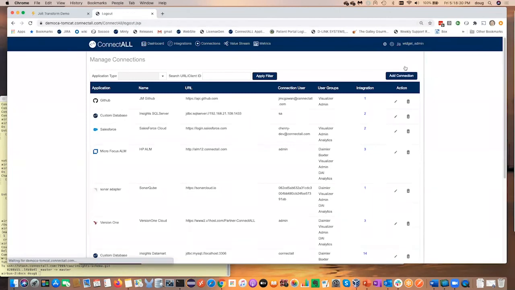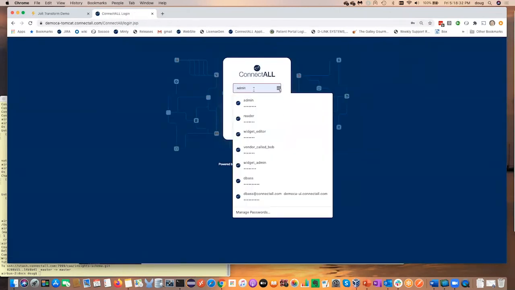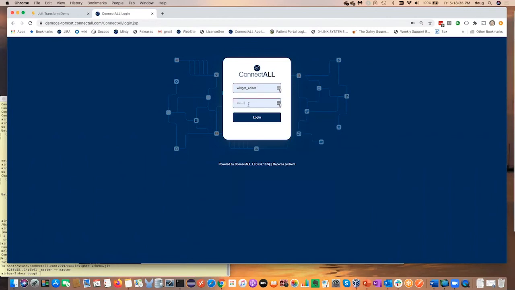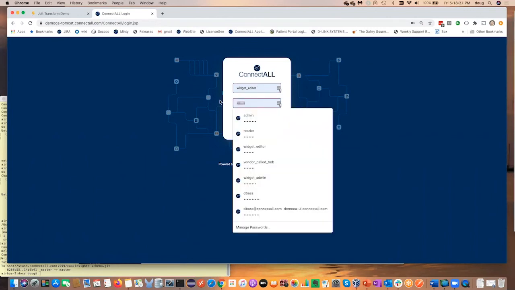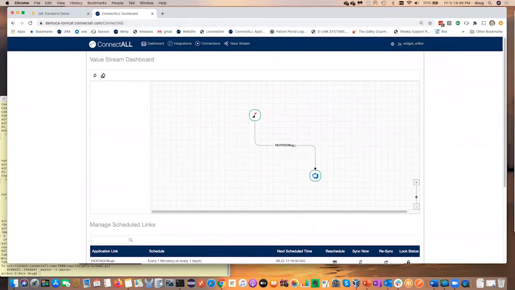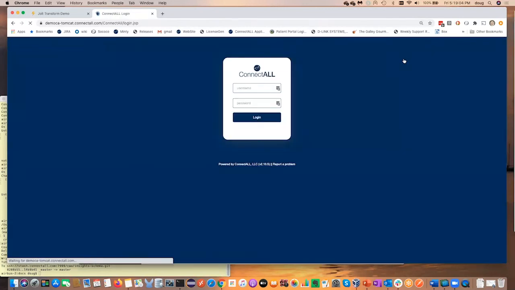So let's look at another level of user. This is the widget editor. And here we can do a little bit less, but we can do more than just view application links. So here we can see the widget editor. This is the only application link they have access to. They can look at the connections, create new connections. They can create new integrations with the products that they're allowed to integrate with. And then last of all, the last role